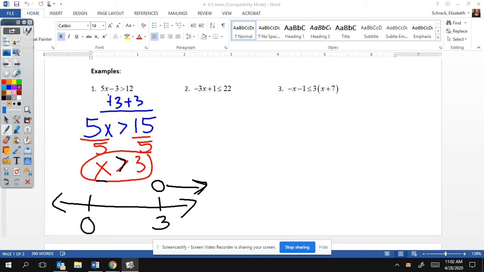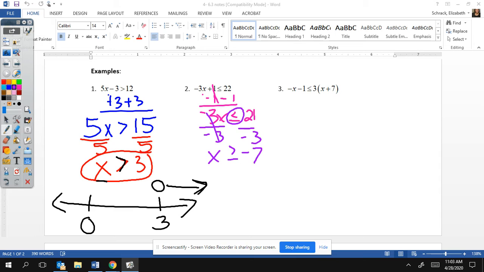Okay. Moving on to number 2, we're going to do the same thing. We want the x by itself, so we're going to subtract 1 from both sides. So we have -3x is less than or equal to 21. Still, the x is not by itself, so we need to get the -3 away from the x by dividing by -3, divide by -3. And remember, when you are multiplying or dividing by a negative, you need to flip the inequality. So it goes from a less than or equal to a greater than or equal to, and 21 divided by